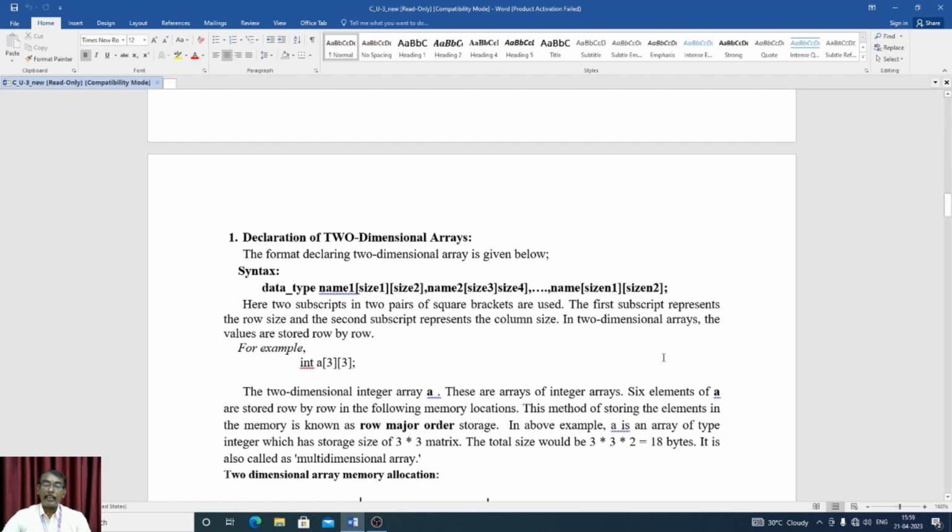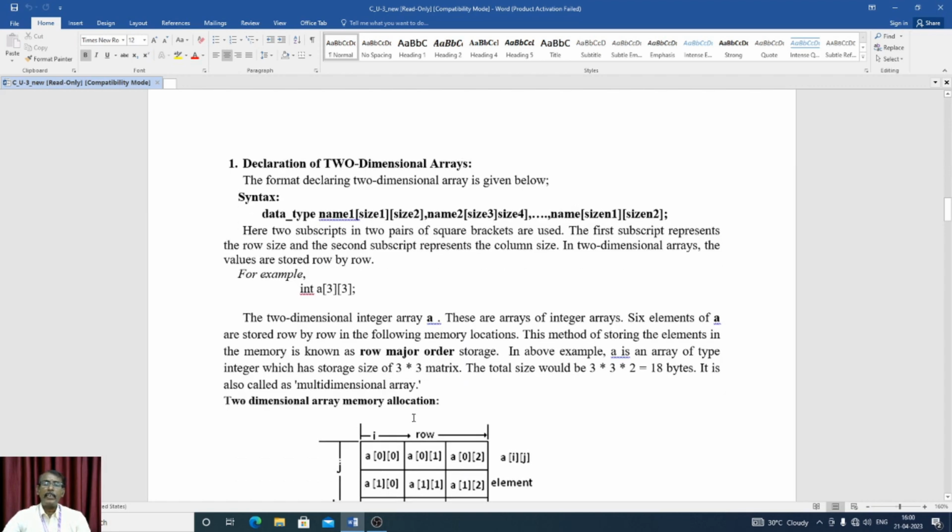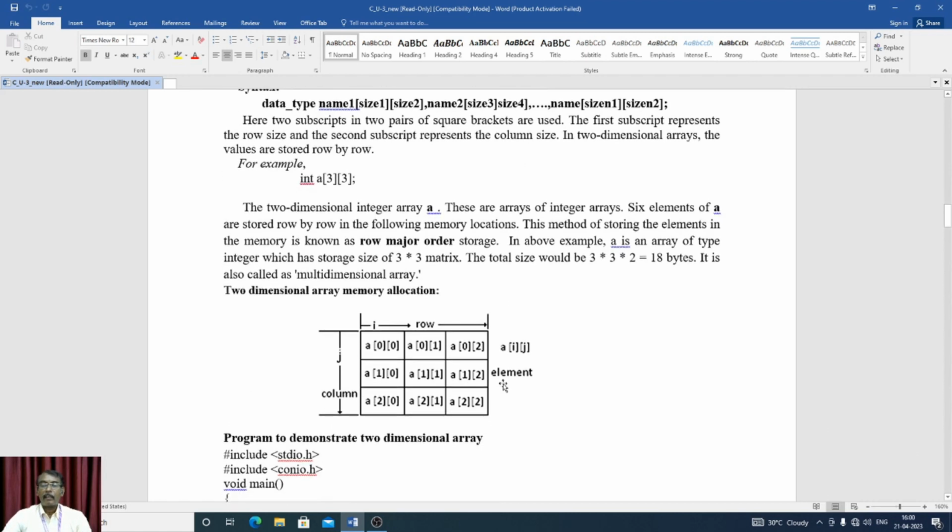In the 2D array, the values are stored row by row. Row by row means, for int a of 3 of 3, the first row will be stored, then the second row, and then the third row. For a 2D integer array A, the elements of A are stored row by row in the following memory locations. For example,